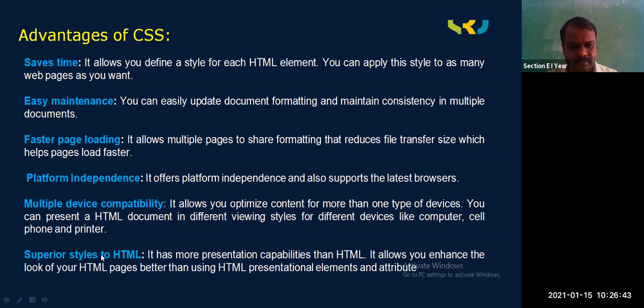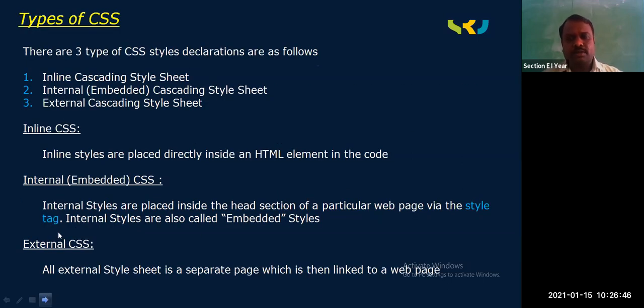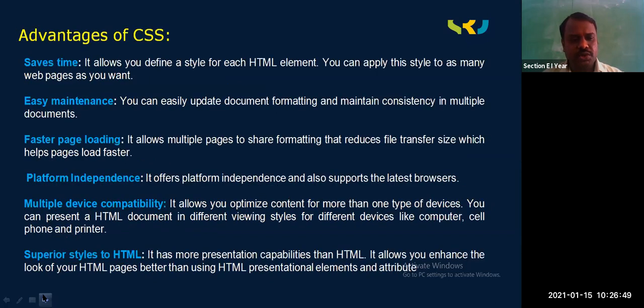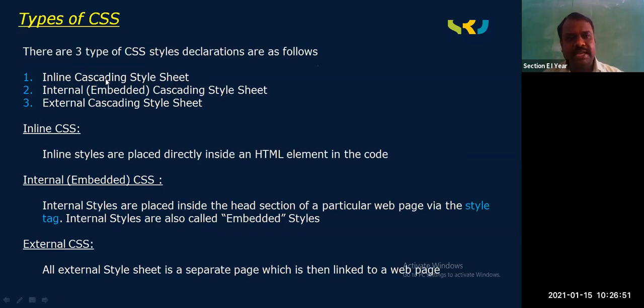These are the advantages we will see, and then we will go for how to write this CSS in HTML. Before starting CSS, you should be aware of three things. One is inline cascading style sheet, next is internal, and next is external. We will learn these one after the other. Before that, you should know how to write the syntax for this CSS and how to use them, and what is the drawback you get using inline style, inline CSS, and how we solve it by using internal. It is not a drawback, guys, it is to get some advantages.